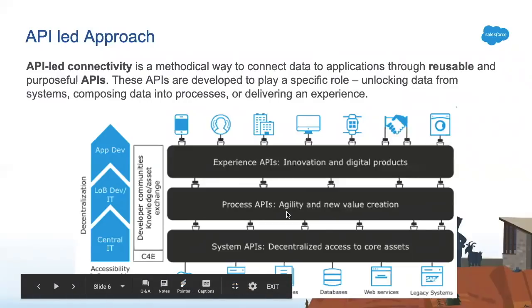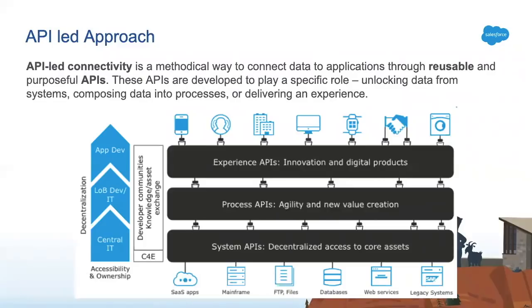This process API will read the data from the system layer. Now these are loosely coupled. I don't care if it is Salesforce. I don't care if it's SAP. I don't care about whatever Dynamics or SharePoint. All I care about is data. The system API will give me data. Now I will write my business logic. I need to do some orchestration, and whatever I want to do, I will do in the process layer. The process layer's job is only to run the business logic.